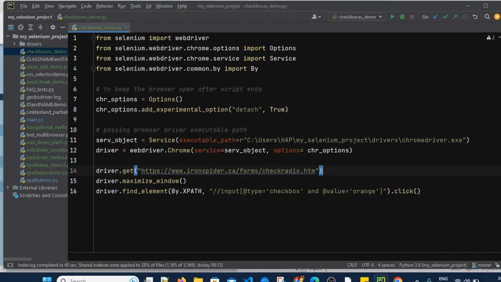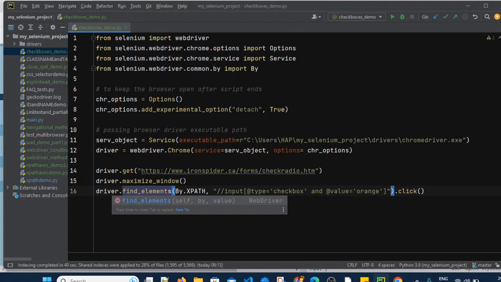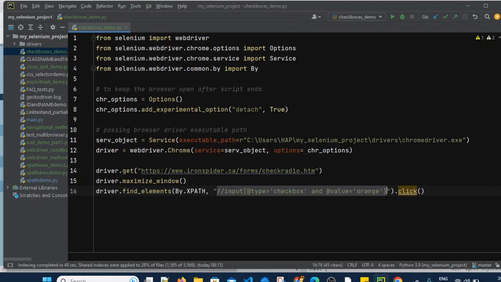So instead of driver.findElement, we have to use the driver.findElements method, then by.xpath, and pass the XPath locator value here. Basically it will return a list which will contain all the 6 web elements.